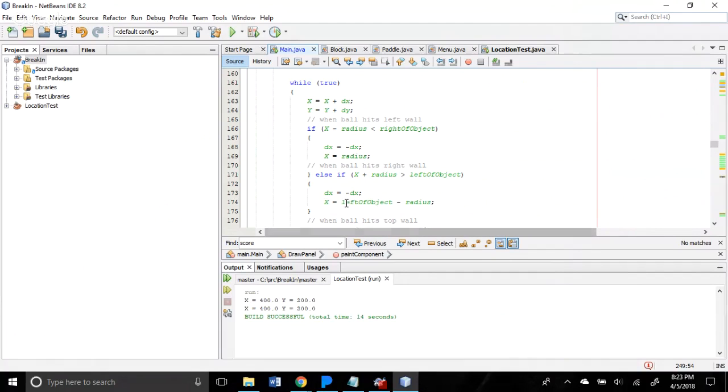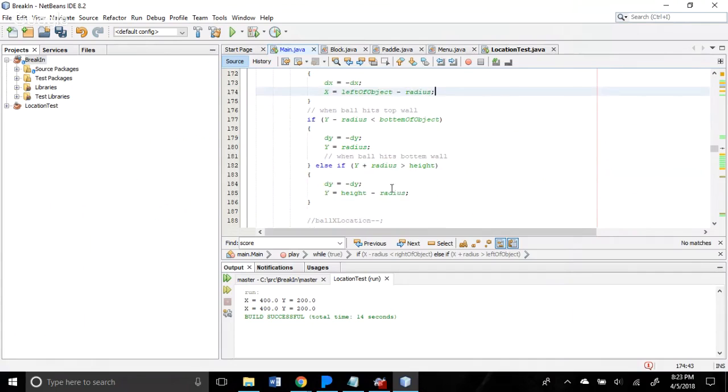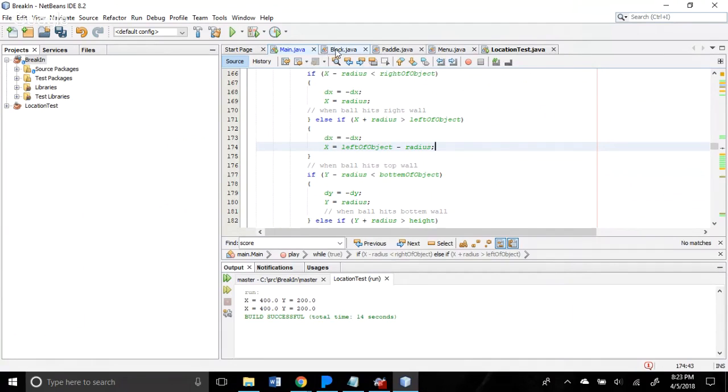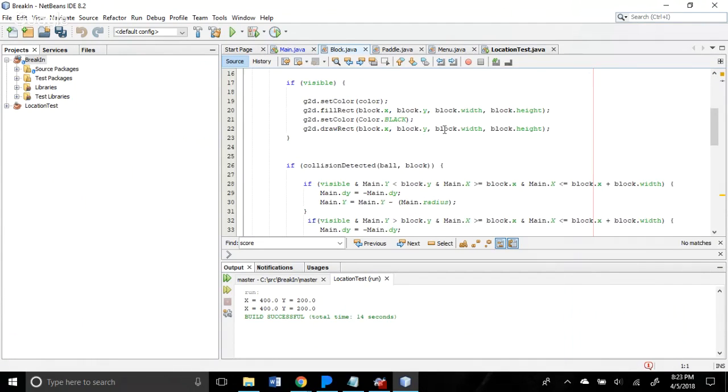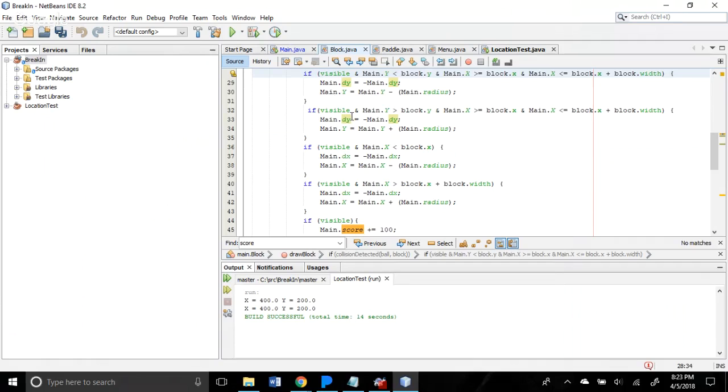When the world's left of object. Well, remember we did the main dot, but we know that those are main dots, right? Yeah, these should all be main dot X, main dot X, main dot Y. We specifically were saying that so that it would. All that's in block though. Yeah, I know, but in that if statement we were doing it, or that while statement that you were concerned about